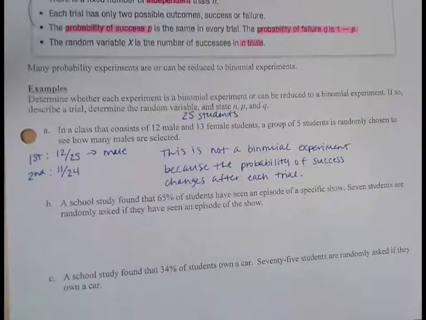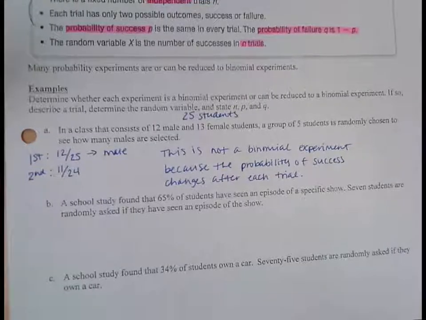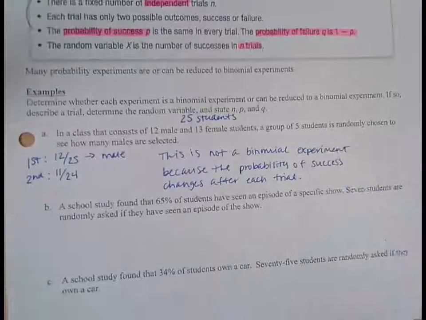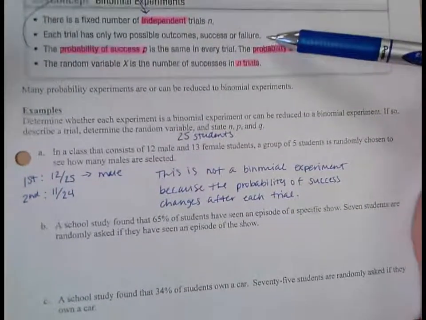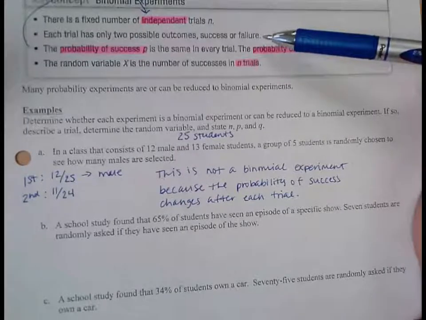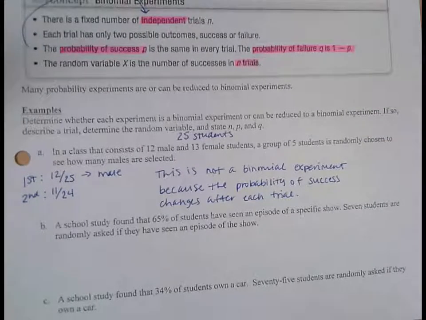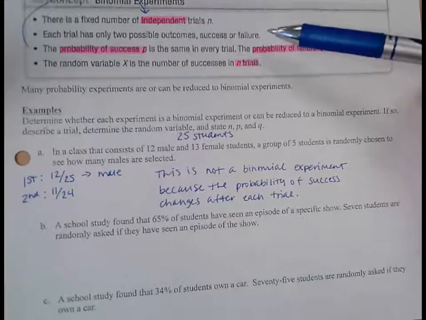Probability of success changes after each trial. Okay, so that's an example of where it would not be a binomial experiment. I will say, too, that second bullet point that I went through, where you only have two possible outcomes, if you're ever given a situation where in one trial there's more than two things that could happen, or there's more than two outcomes,